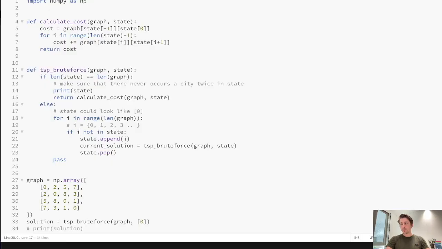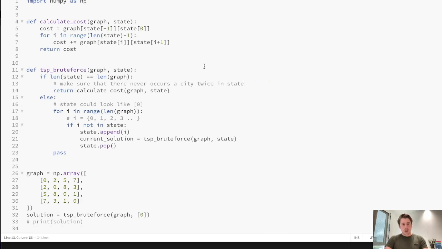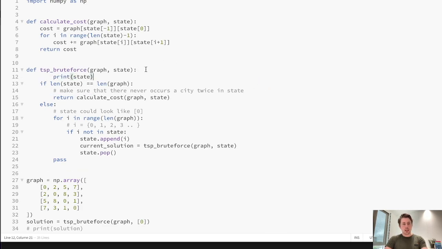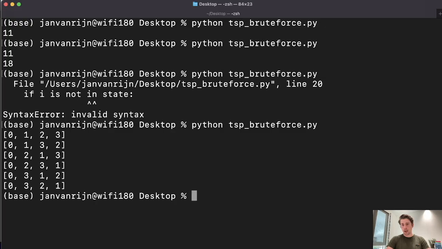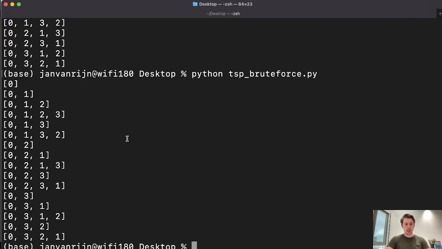And then actually I could also have put this print statement here, and then we would have seen a little bit more, basically us ending up in every state, not just the goal states of this solution. It's just a little bit hard to induce an order from this. But basically now what we've achieved is we have traversed the entire tree, except that we haven't done anything useful yet,